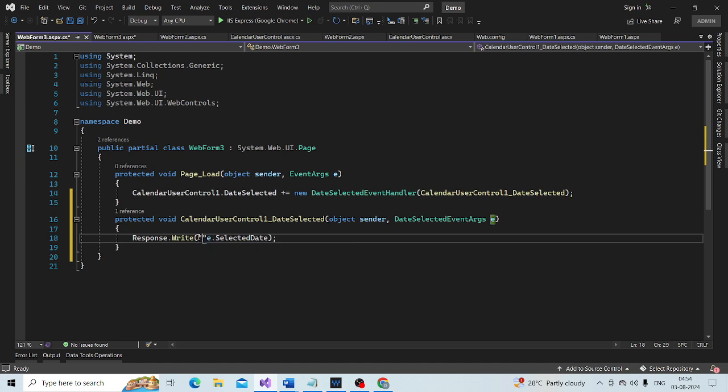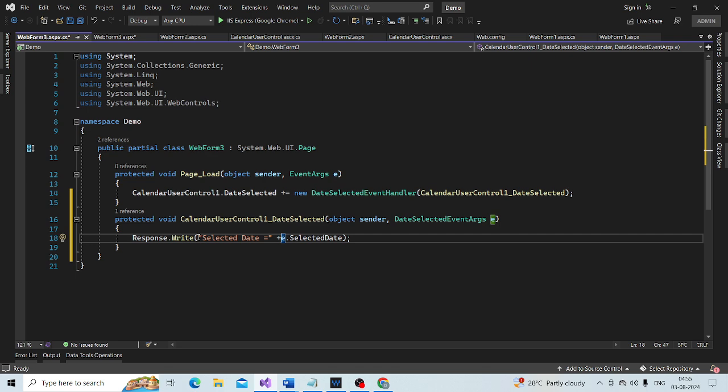First I need to write the message, selected date is equal to e.SelectedDate.